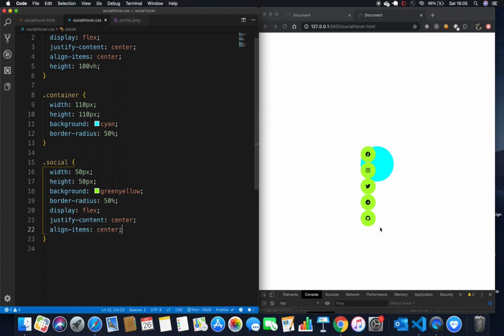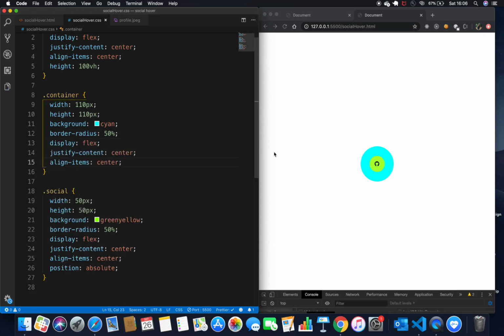The next thing we want to do is, we want all this to sit on top of each other, so it should look like there's only one div. It's only when we hover on it that it comes out, right? So everything should fall into one place. So I'm going to give this a position of absolute. Okay, yeah, so now everything is coming on top of each other, but then we want this to be aligned at the center of this particular div, right? So that means to the main container also everything should be center aligned. So I'm going to copy this to center align it. So let me copy it here. Okay, so basically now everything is center aligned.